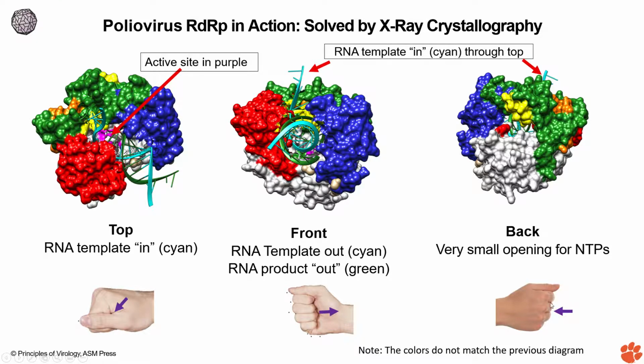In between the fingers, think about that, there is a very small opening, and the NTPs diffuse from the cytoplasm through this small opening to the active site to be incorporated into the newly synthesized chain. So it is fed from the top and it comes out. It makes a U-turn, or almost an L-shaped turn, and comes out from the front. That's how it basically works. Just an overview of that. The mechanism is not required for an exam or quiz.